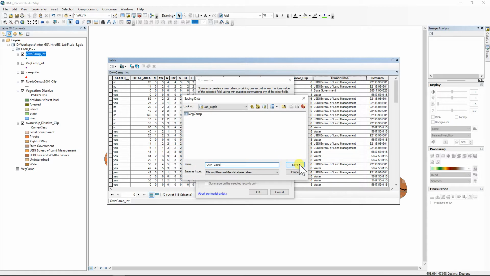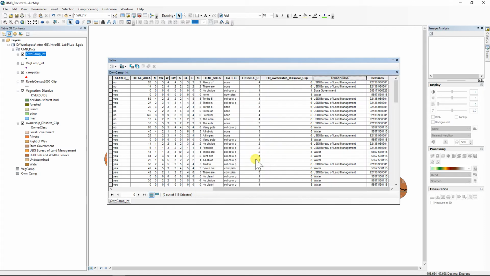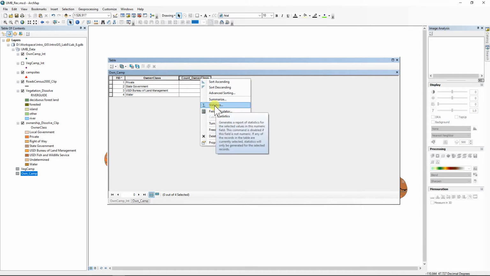Cool. Save it. Definitely don't want to just leave it as some output. And okay, yes, I want to add it. And then Own Camp over here is its own little table. I'm going to open it. And there we go. So if we take a look at the statistics on the count of the campgrounds, you'll